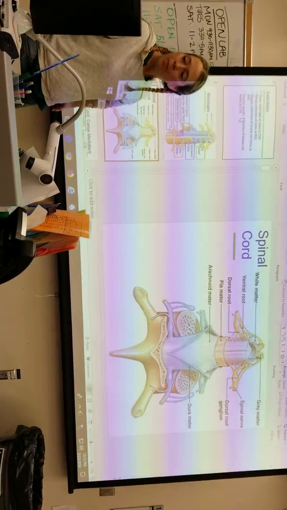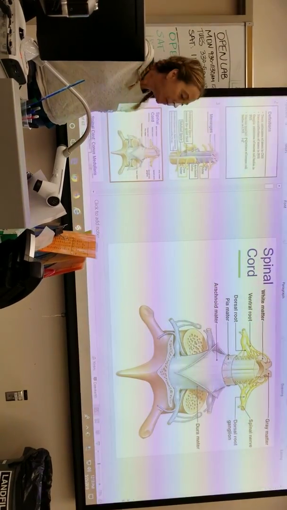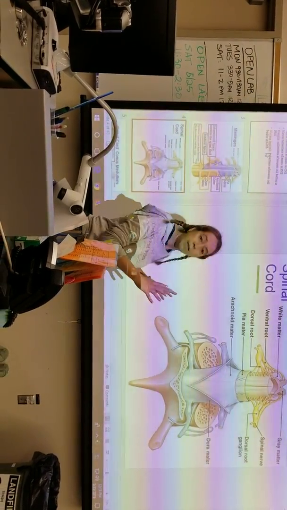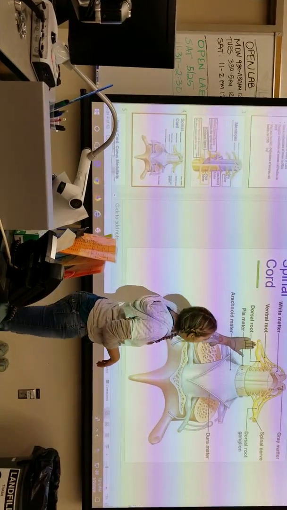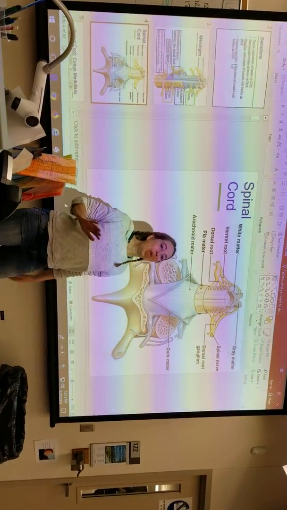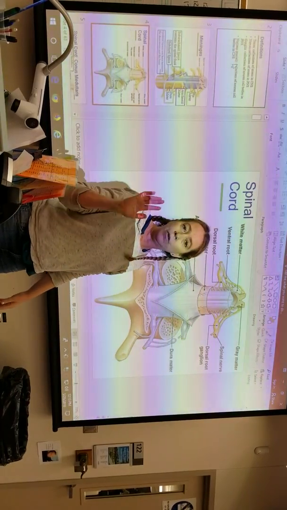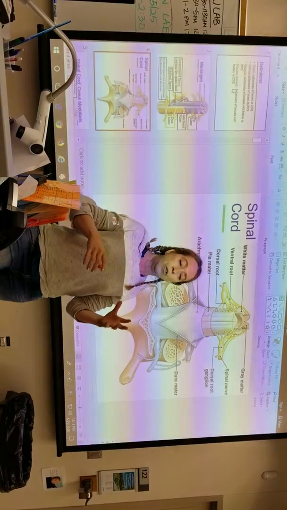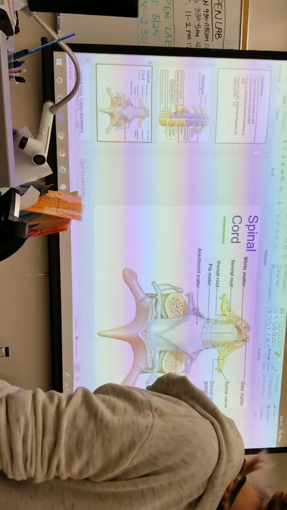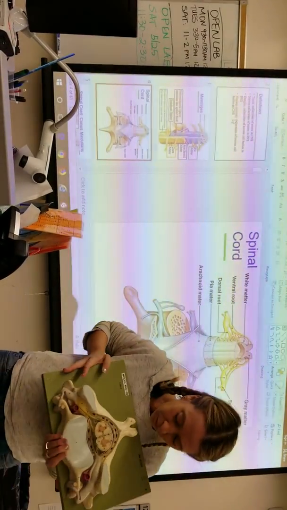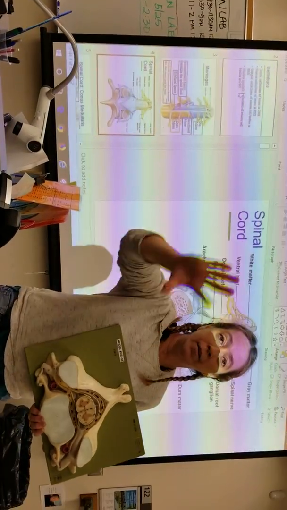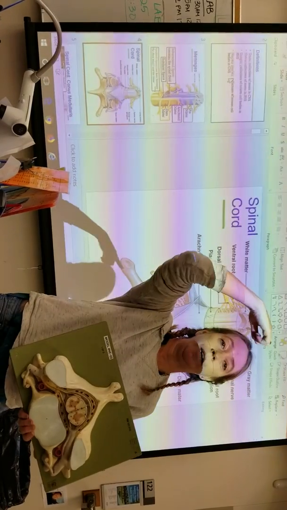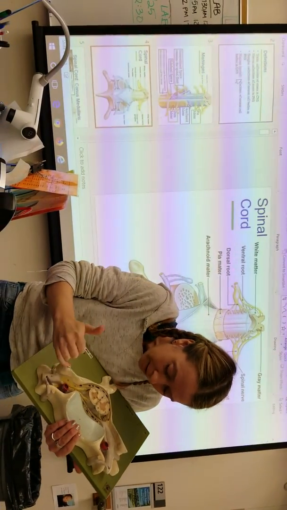Okay, spinal cord. All right, my friends, you can see coming out of the spinal cord is yellow. Yellow always means nervous system, right? Anytime you see yellow, you're thinking nervous system, okay? So I want you to imagine with your spinal cord, I'm actually going to show you on here. When you're thinking about your spinal cord, there's going to be information coming in, sensory information, right? So that's coming from your PNS, going in, sensory. So that's going to be coming in,